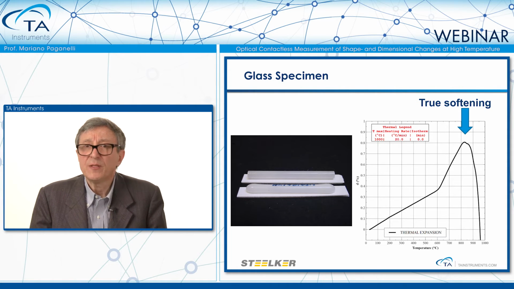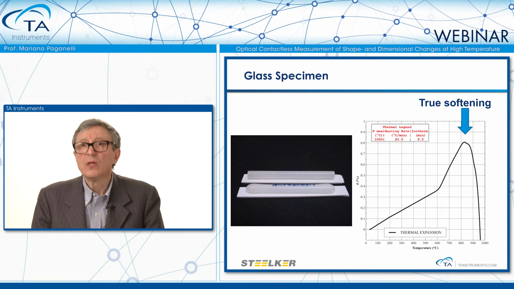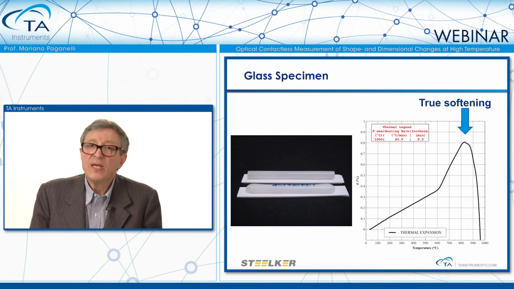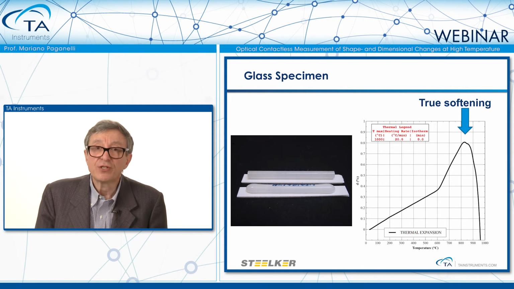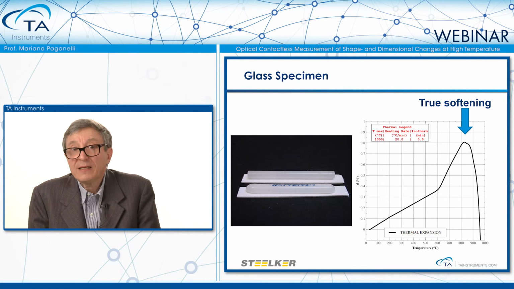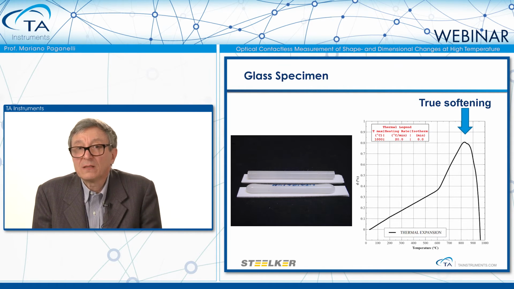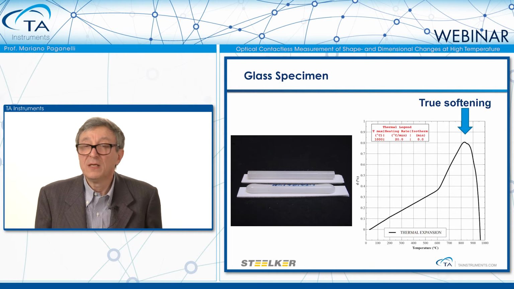The picture on the left depicts the glass rod before the test and after the test. The curve shows a rising attitude with a constant slope up to the glass transition temperature. Beyond that, the slope sharply increases, reaches a point of maximum, and then falls down. It looks like the classic thermal expansion run with a mechanical dilatometer, because it looks like, but there is a